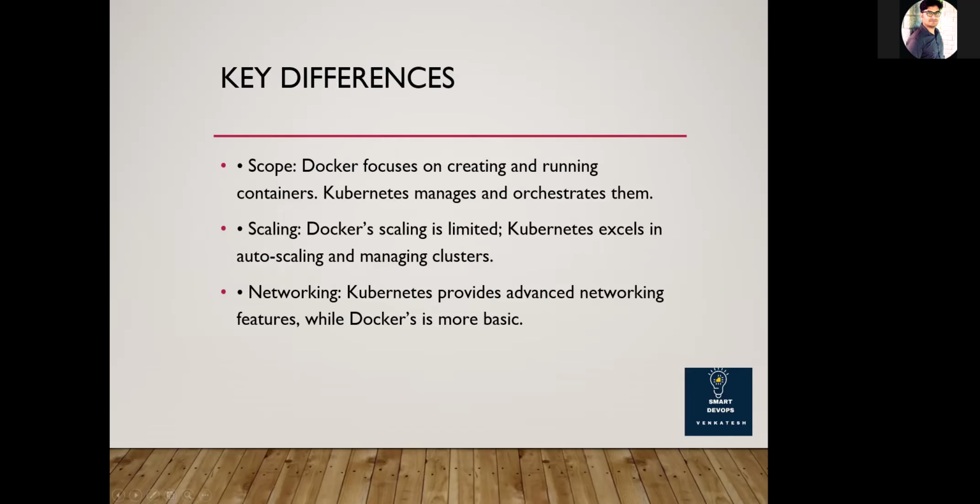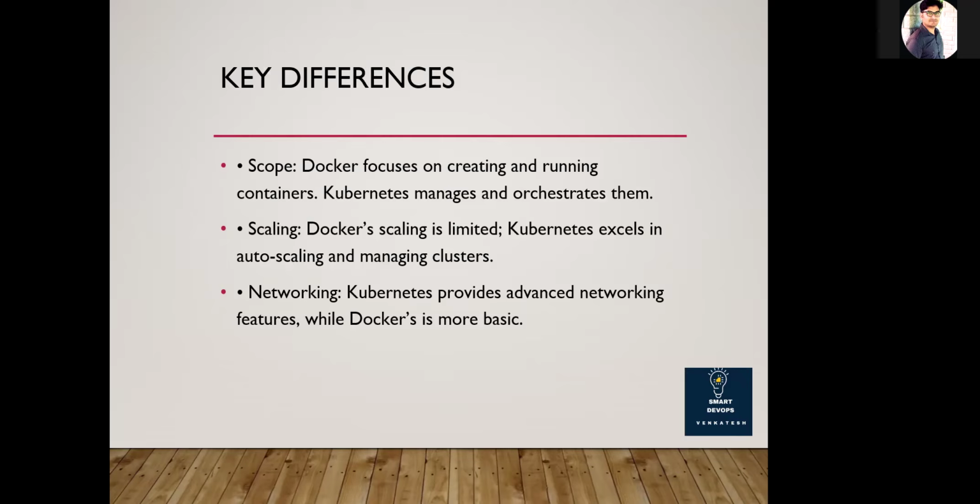So the key differences between Docker and Kubernetes: at this point, you might be wondering, are Docker and Kubernetes competitors? No, because as I said, they complement each other. Docker only focuses on building and running containers, while Kubernetes focuses on managing containers in a cluster. And while Docker can run standalone containers, Kubernetes needs containers, typically created by Docker, to